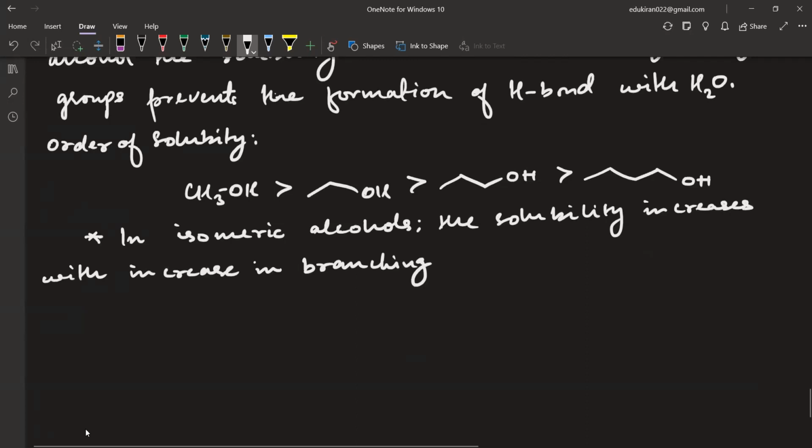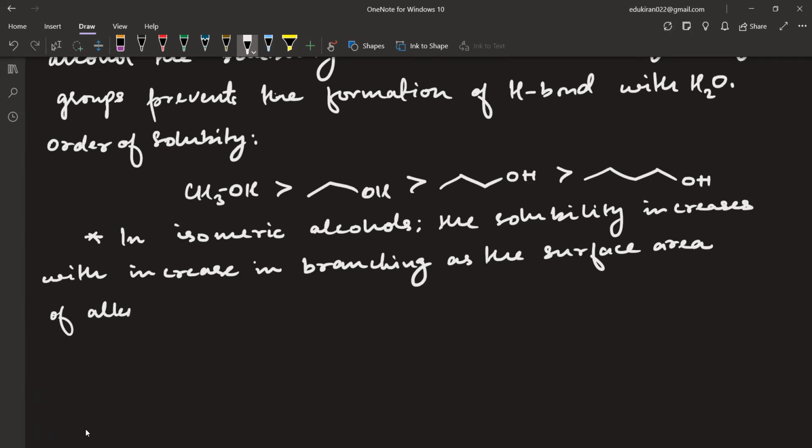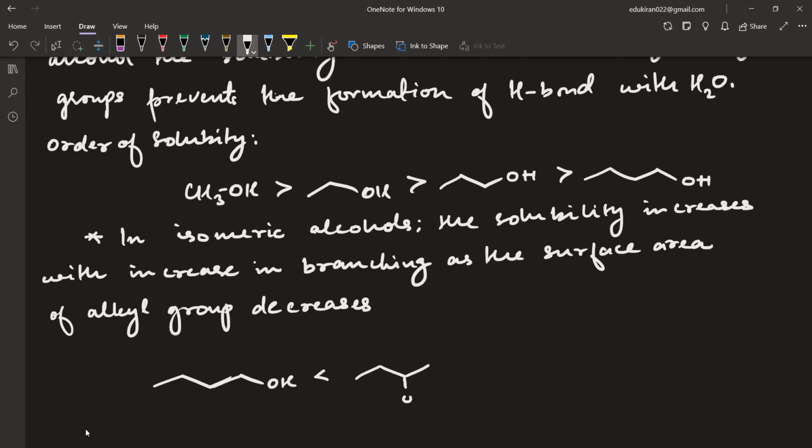So, with an increase in branching, the surface area of the alkyl group decreases. That means if I have, let us say, this is butanol, it will have the lowest solubility, followed by butan-2-ol, and the highest will be for the tertiary butyl alcohol. Okay, why? Because if I increase the branching, then the surface area